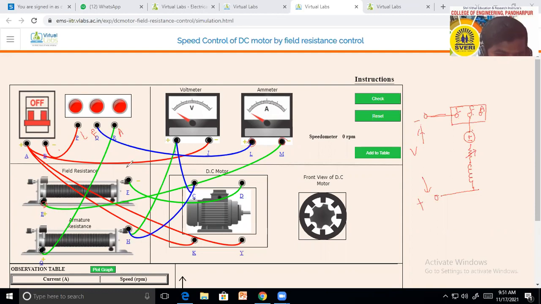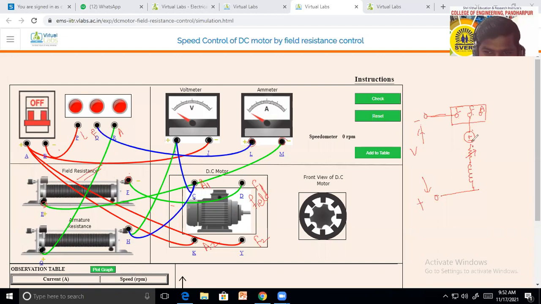हा rheostat आहे, that is the field rheostat. Next terminal of this field rheostat can be connected to the field winding. Here it is D and Y, it is nothing but the field winding. या दोन्हीच्या मध्ये field winding आहे. And C and K, it is nothing but the armature terminals like A1, A2. This one is F1, F2. Okay. So the rheostat's next terminal can be connected to the field.